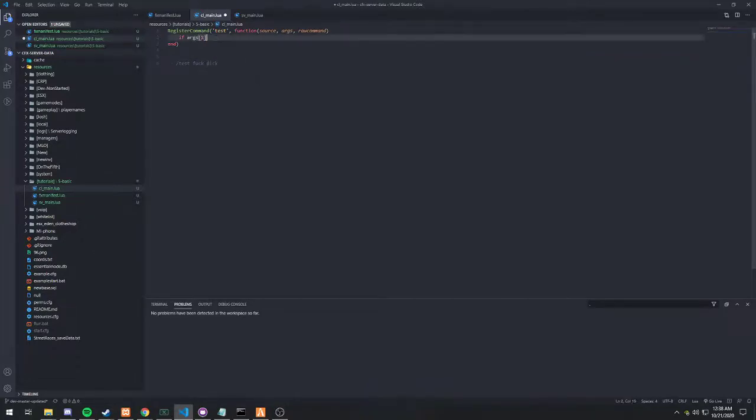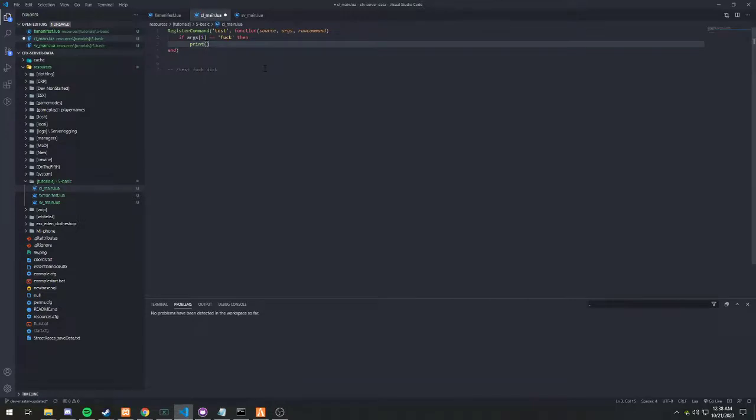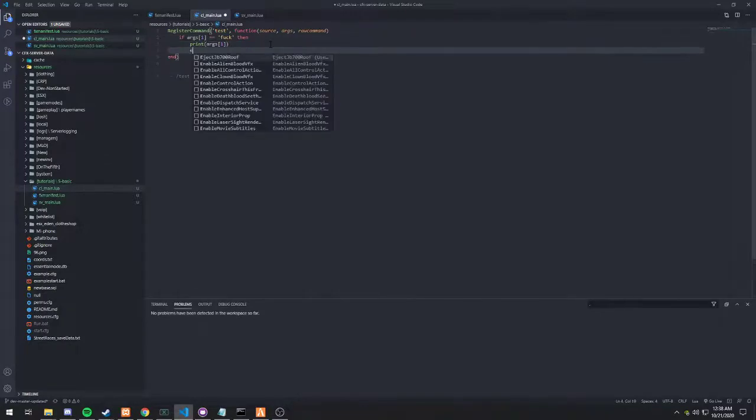So if args1 equals, let's do fuck, guys. Then we are going to print, which print is also a native, args1. And this basically is saying, if args1 equals fuck, then it's going to print fuck. Okay? Very, very easy. Else,